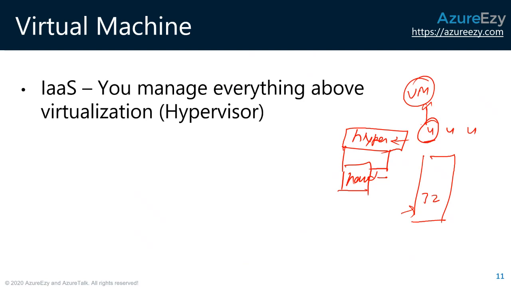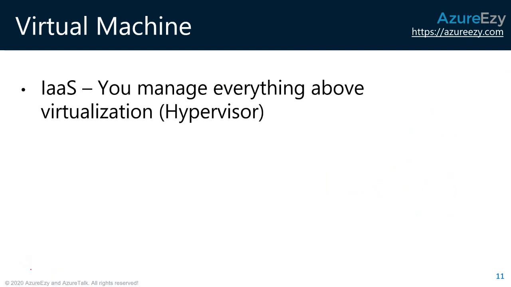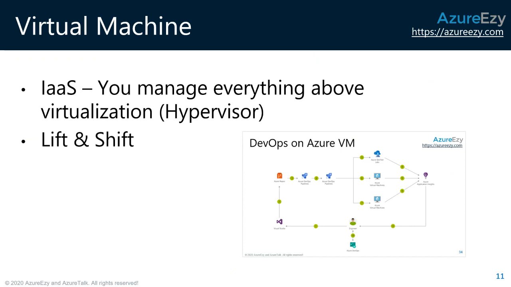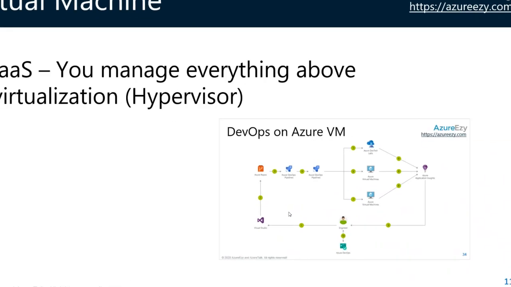Right? Now, till this level it is taken care of. So you don't really have to worry about Hyper-V, you don't have to worry about hardware, you don't have to worry about dividing these components. As soon as you go to the portal, let me clean this up, as soon as you go to the portal, you select the virtual machine, and then it will create the virtual machine for you based on the configuration you are selecting.